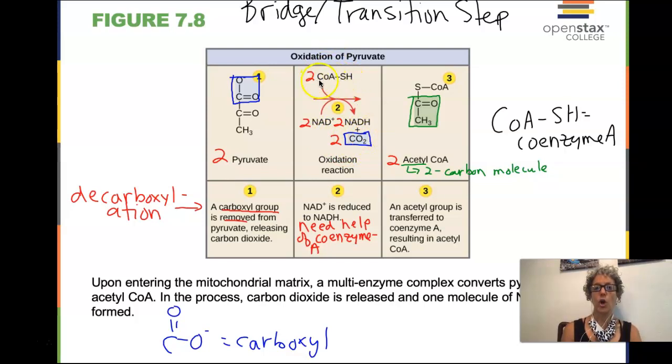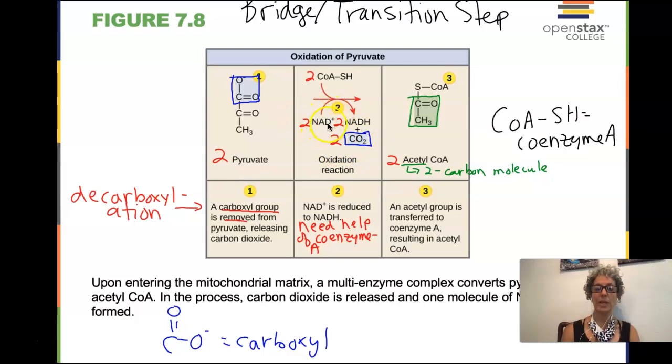CoASH is coenzyme A, and it has a sulfhydryl functional group on it. It's a coenzyme. It doesn't participate in the reaction other than attaching temporarily to this molecule to make it more reactive for the next step. So it covalently binds temporarily. The very next step, the coenzyme A is going to be removed. So we had 2 pyruvates, so 2 coenzyme A's have to come in. 2 carbon dioxides are released, and we once again have 2